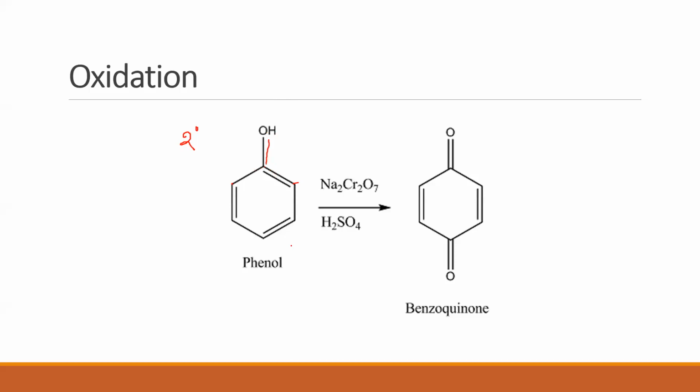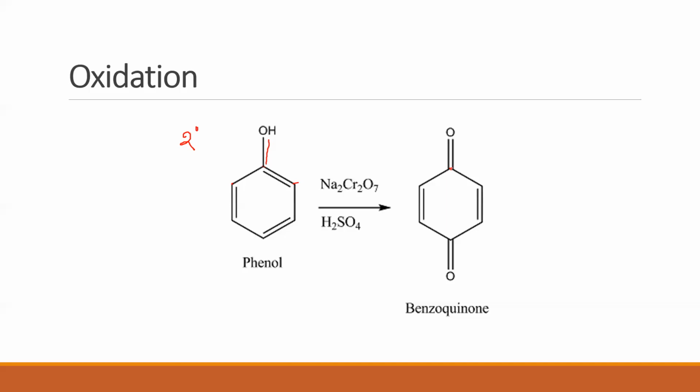What is the problem? Very good. The problem is very simple. Sir, this carbon has 1, 2, 3, 4, 5 bonds around it, which is not possible, which means this bond should go out. If this bond goes out, who gets affected? Yes, sir, this carbon gets affected. So, what is the solution for that? The solution lies in the product that we get. When we observe the product, of course, yes, this position is oxidized to form C double bond O.